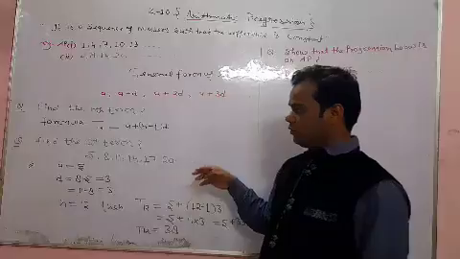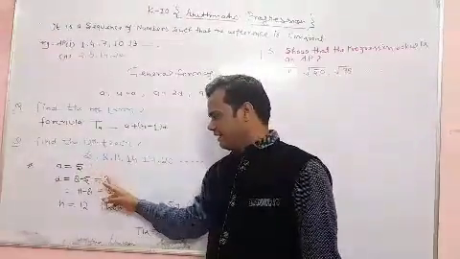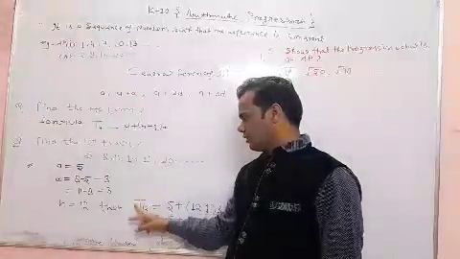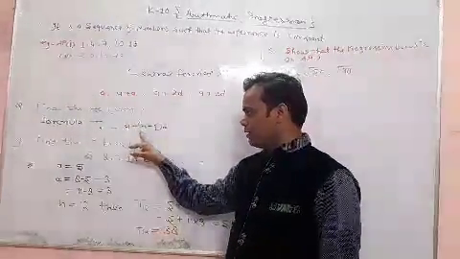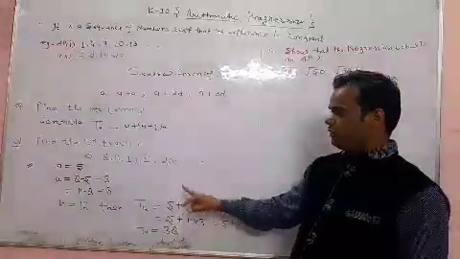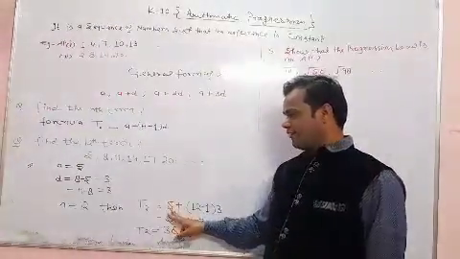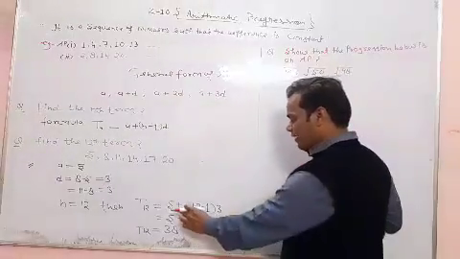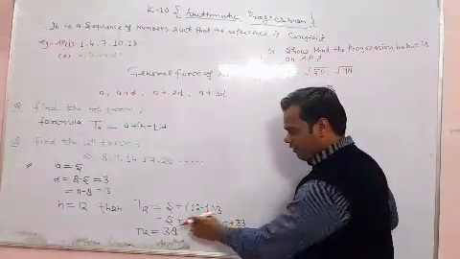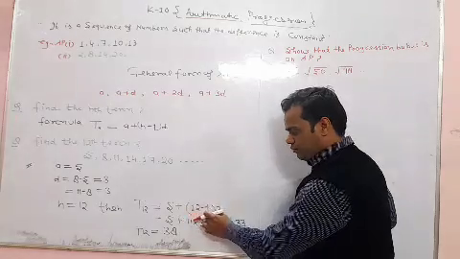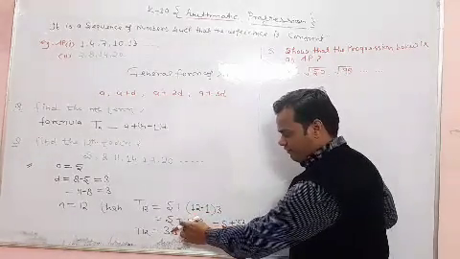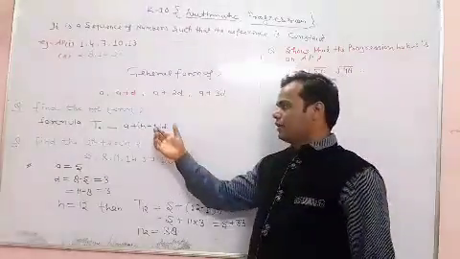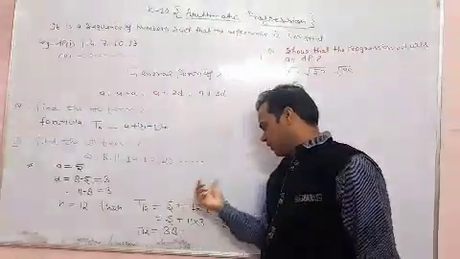So here we find the 12th term. A is 5, D is 3 and n is 12. Then we can use the formula, nth term Tn equals A plus n minus 1 into D, putting the value of A as 5, n as 12, and D as 3. So then 5 plus 12 minus 1 into 3. 12 minus 1 is 11, and 11 into 3 is 33. So then 5 plus 33, and T12 equals 38. That means the 12th term of this series is 38.